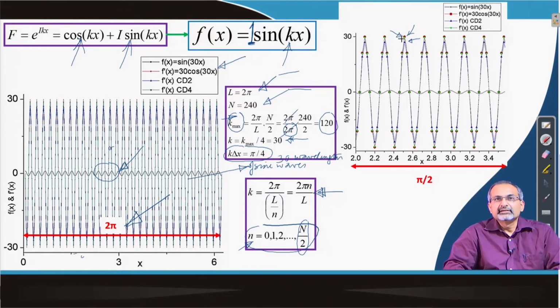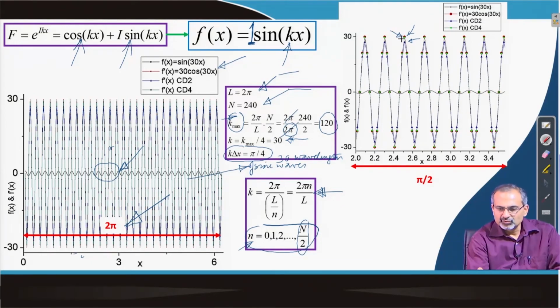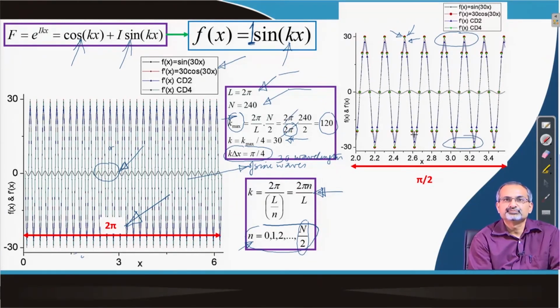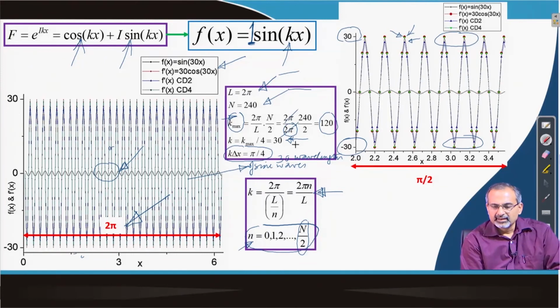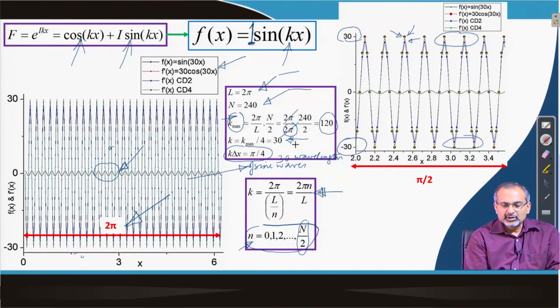You can make out that the green spots are going fairly close to the red spots, and the blue spots are not far from the red spots when it goes to capturing the peak values. So, we are more interested in seeing how well the schemes are doing in capturing the peaks. They could be crests or troughs. Going on the positive as well as on the negative sides, as you can see, the peak positive value is 30 and the negative value minus 30. They are swinging between that, and for this value of k times delta x, both the schemes are not doing badly, they are in fact doing fairly well.